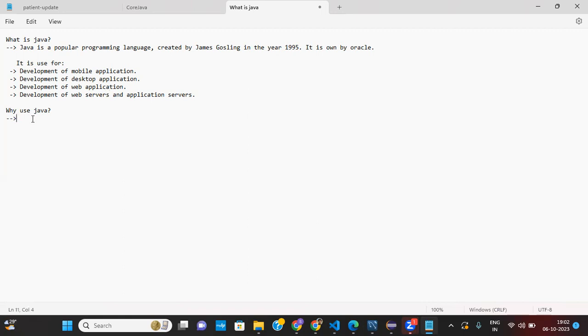Why do we use Java? Java works on different platforms, which means it is platform independent: Windows, Mac, Linux, Raspberry Pi, anywhere we can use it. It has a large demand in the current job market. Java is a very old language, and it is in high demand. You can say it is easy to learn and simple to use, and it is open source and free.